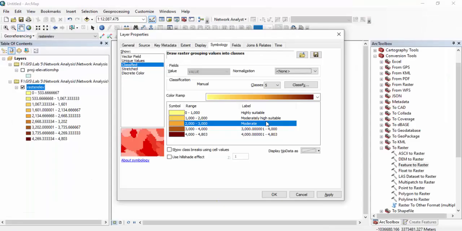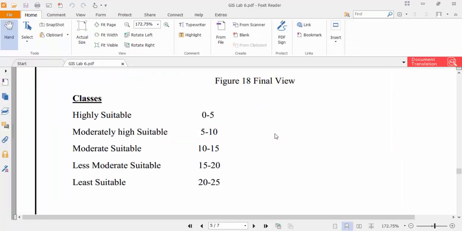Moderate suitable, and then less moderate suitable. And the last one is the least suitable.